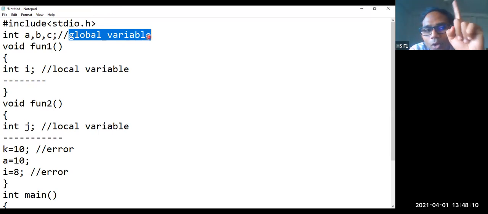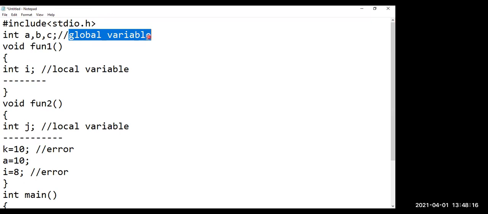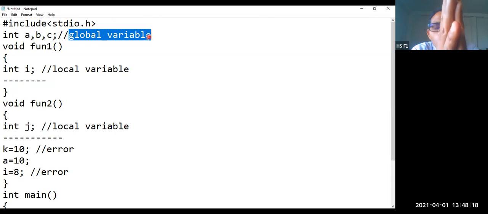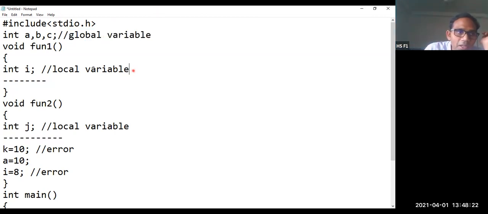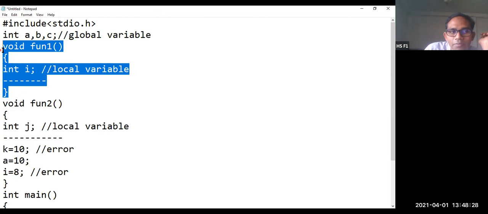First point, a local variable is a variable that is created inside the function, and the lifespan of that particular local variable will be within that function. The lifespan of the local variable i will be between the opening flower bracket and the closing flower bracket of that particular function.